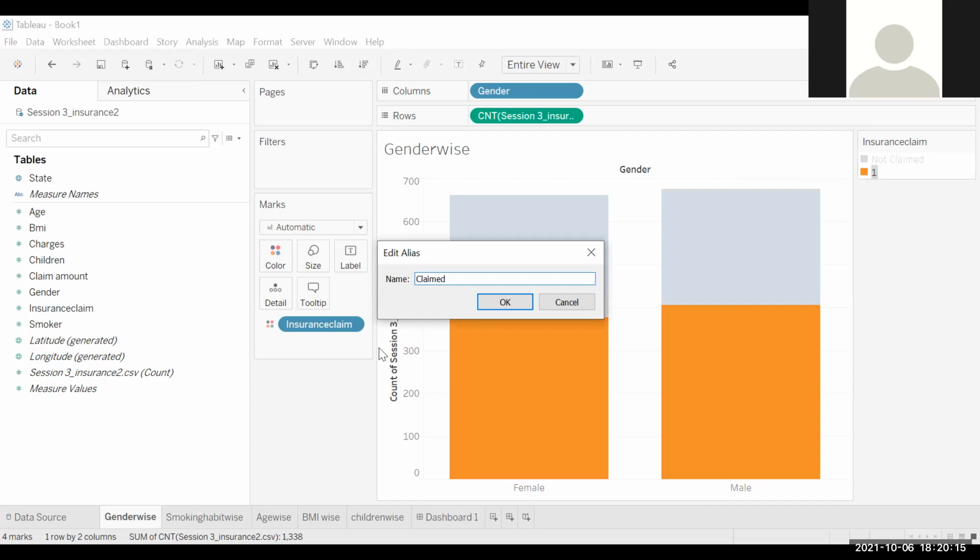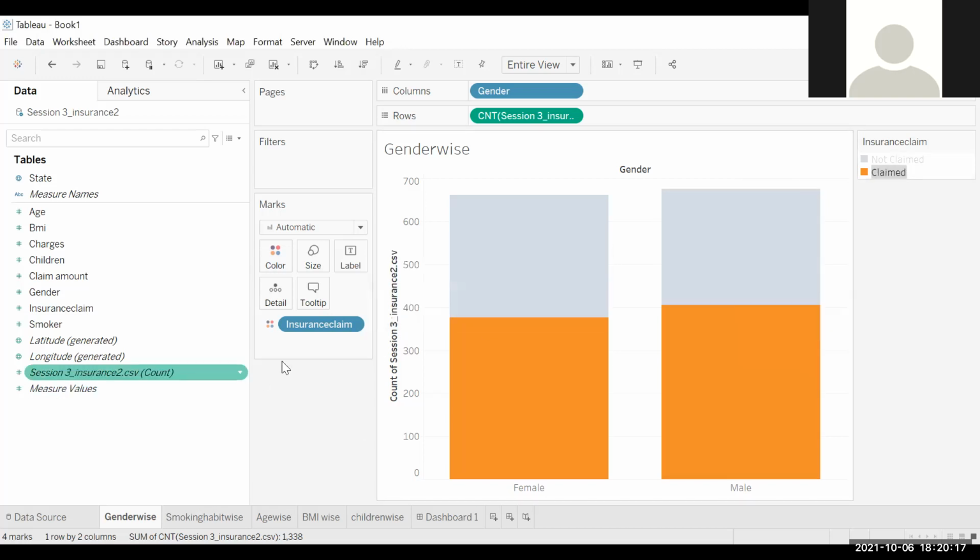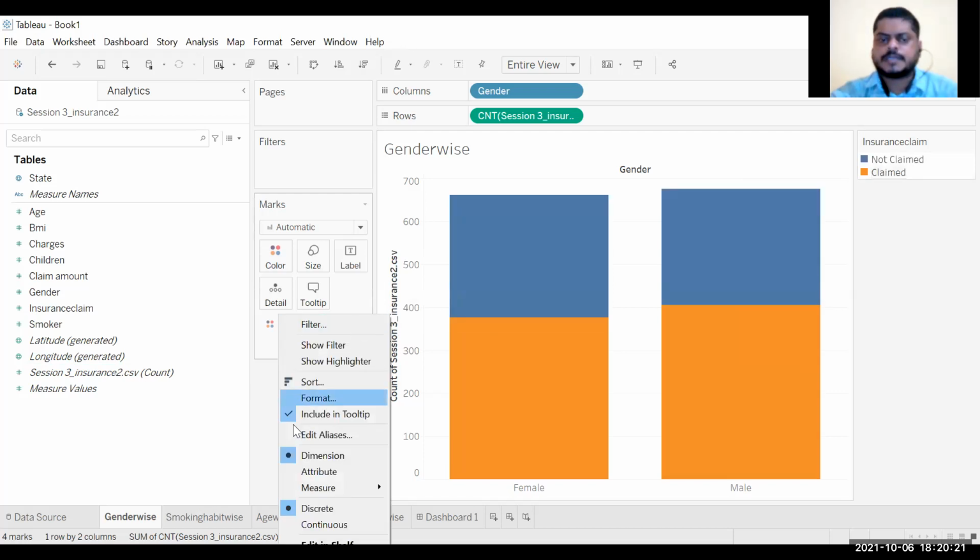So mine shows sum of insurance claims. Click this, click on that, change it to dimension and discrete. Understand why you are doing this parallelly, right? See, insurance claimed, it is automatically taking as a continuous because 0, 1 is written, it is understanding it